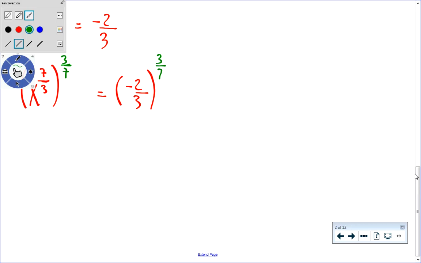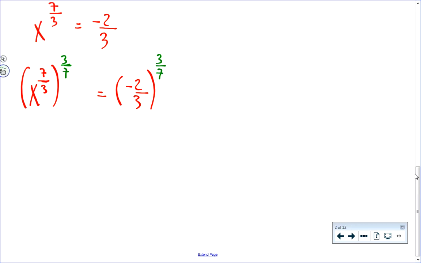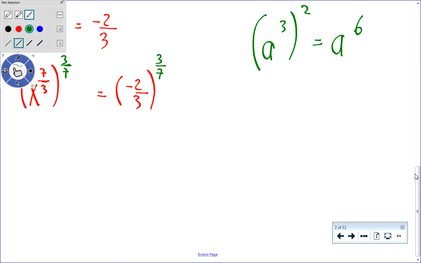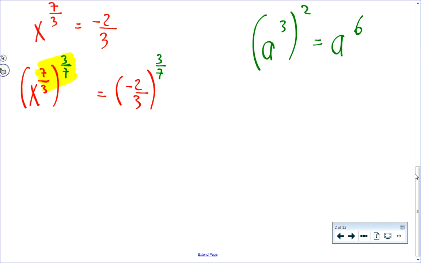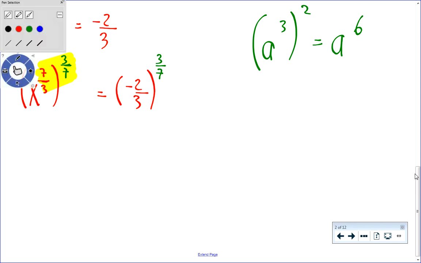The reason why that's going to work is on the left-hand side, you have a power of a power. Just to remind you, if I had a raised to the 3 raised to the 2, that's a raised to the 6. When you have a power of a power, you multiply the exponents. And the simple fact of the matter is, when I multiply these two exponents, they're reciprocals of each other, and they're going to cancel, leaving me an exponent of 1. So I end up with, on the left side, x, and on the right side, I get this number, -2/3